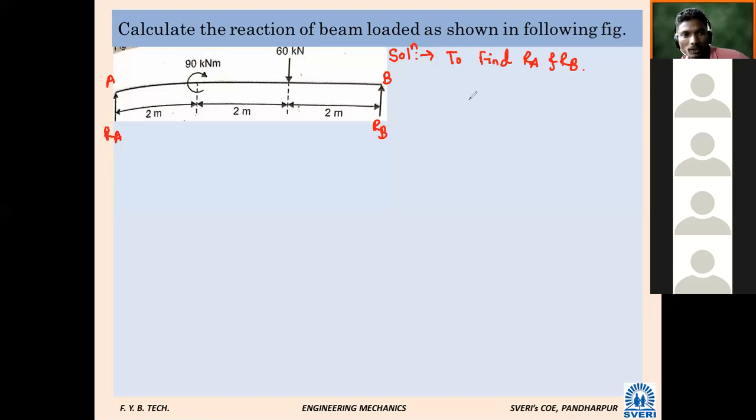So randomly I am going to ask this. The only change in this problem is that a moment is given. Otherwise, this problem is again a simple one. Will you tell the answer, RA and RB? Shall I give 5 minutes to solve, or shall we solve together? Tell me the answer of RA and RB. I will give 5 to 10 minutes. Let us see who will tell the value first.